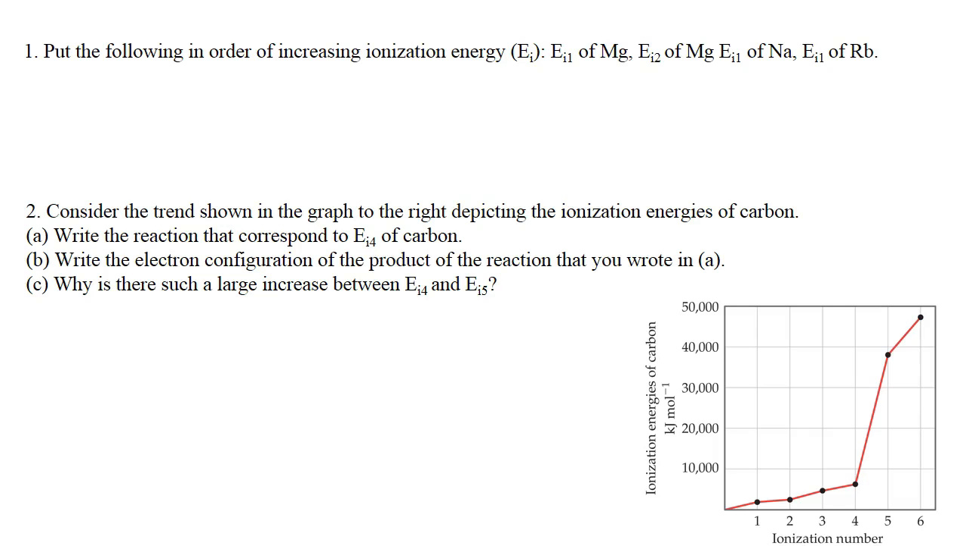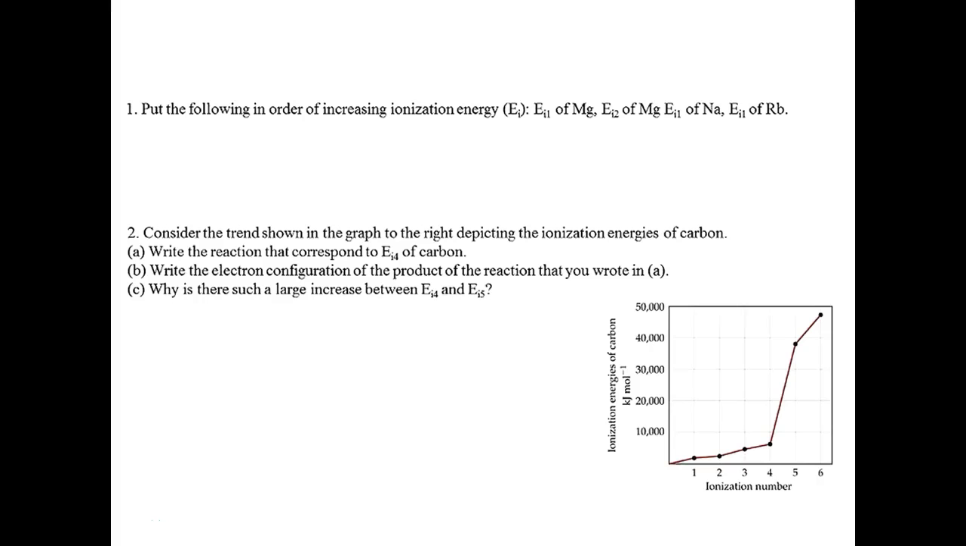And we're going to do a couple of practice problems to make sure we understand how all of this works in the context of practice. So the first problem here is we're going to put the following in order of increasing ionization energy. We have first ionization energy of magnesium, second ionization energy of magnesium, and the first ionization energies of sodium and rubidium. So if we think about the trends,